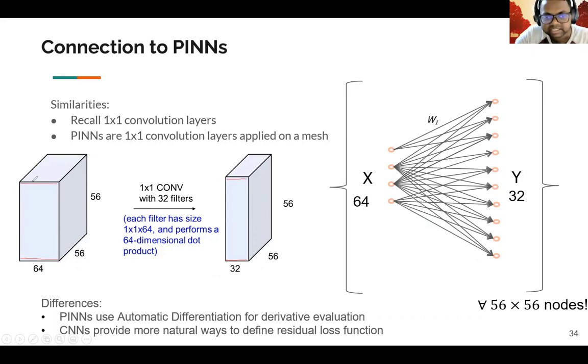Fortunately, since convolutions are all shared weights, where each filter shares weights with the other filters beside it, the same way in the case of a physics-informed neural network, you perform the same operations for different collocation points. Imagine that those collocation points are on a regular grid. Then you can consider this to be a particular kind of operation.